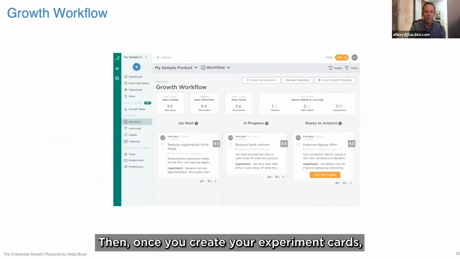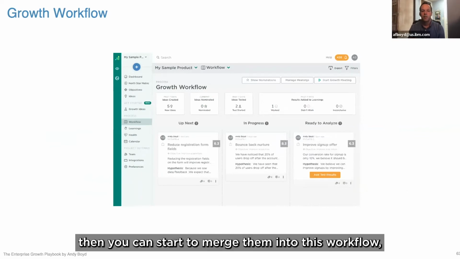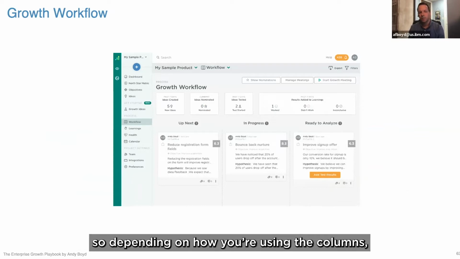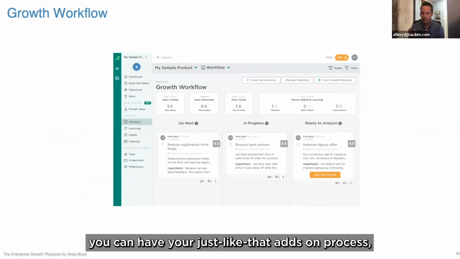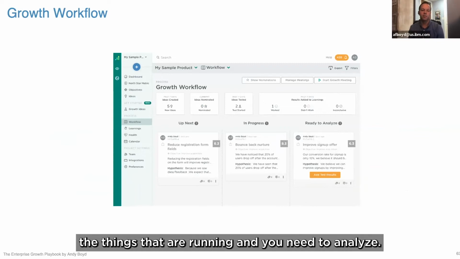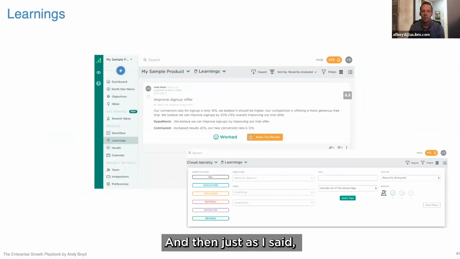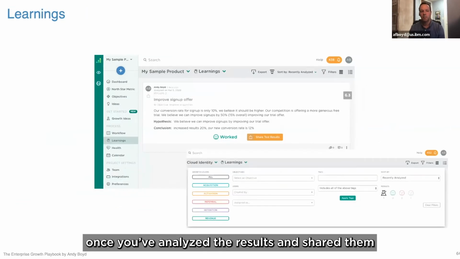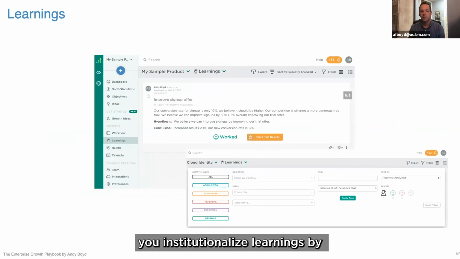Then once you create your experiment cards, you can start to merge them into this workflow. Depending on how you're using the columns, you can have just like that agile process: the things that you're going to do in your backlog, the things that you're working on, the things that are running that you need to analyze. And then, just like I said, once you've analyzed the results and shared them, you institutionalize the learning by